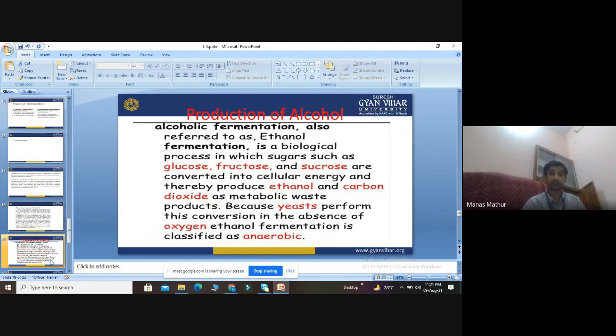Okay. Then we discuss the production of alcohol. I told you that production of alcohol is the largest contributing factor in the GDP of our country. They will produce alcohol, that is called ethanol. They are using three sugar molecules like glucose, fructose, and sucrose as the substrate. In the absence of oxygen, they will carry out the reaction. Finally, when these three sugar molecules undergo the chemical reaction with the help of intermediate compounds, they will form ethanol and carbon dioxide. This reaction is helped by the fungi called yeast. Since this reaction is in the absence of oxygen, we call it anaerobic.